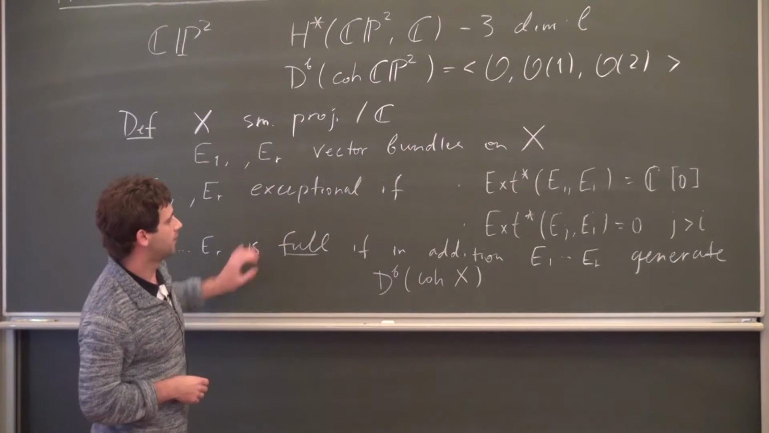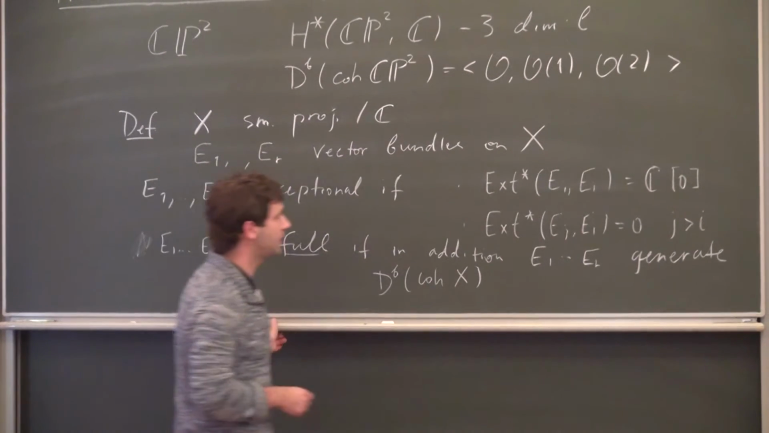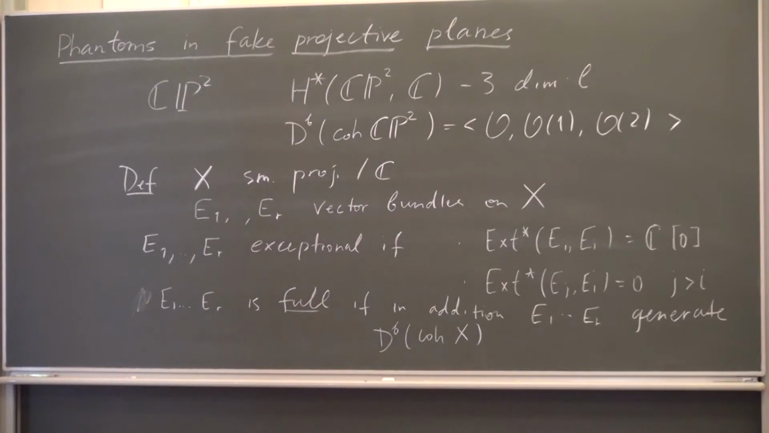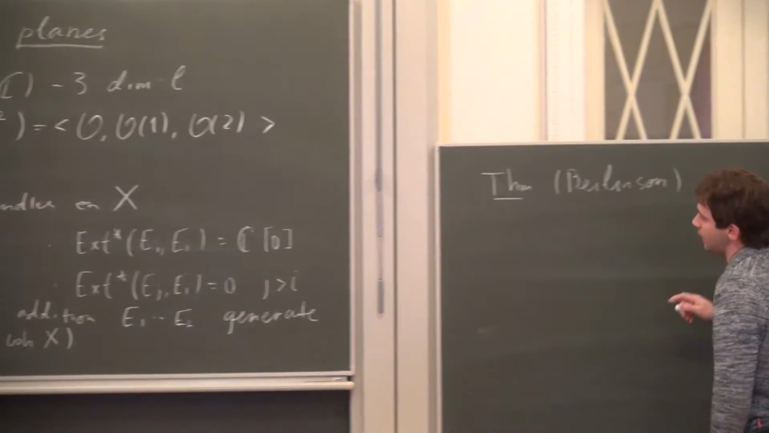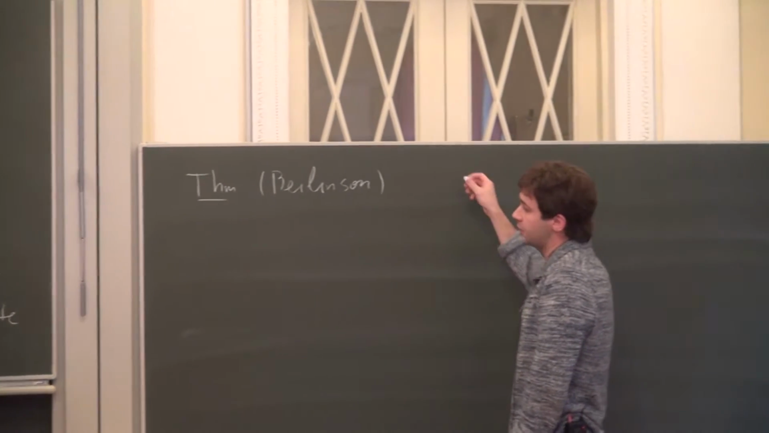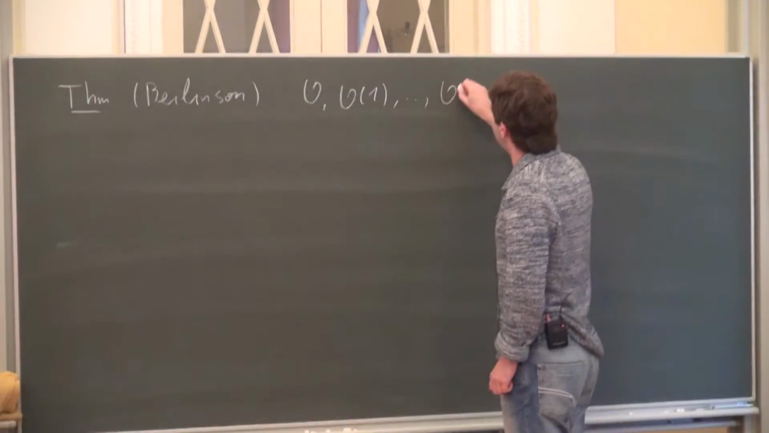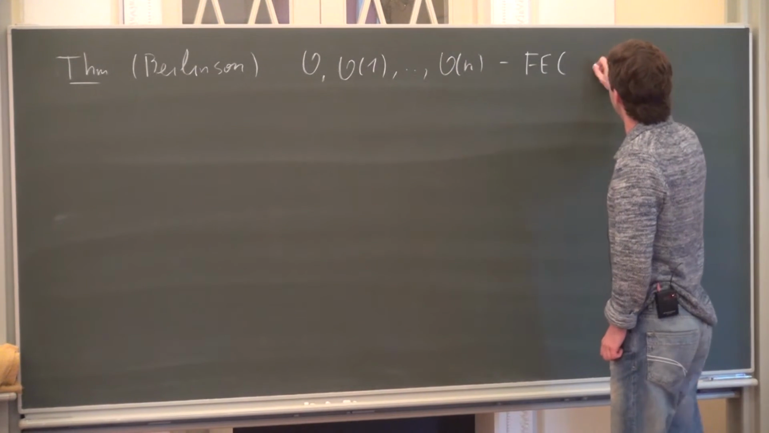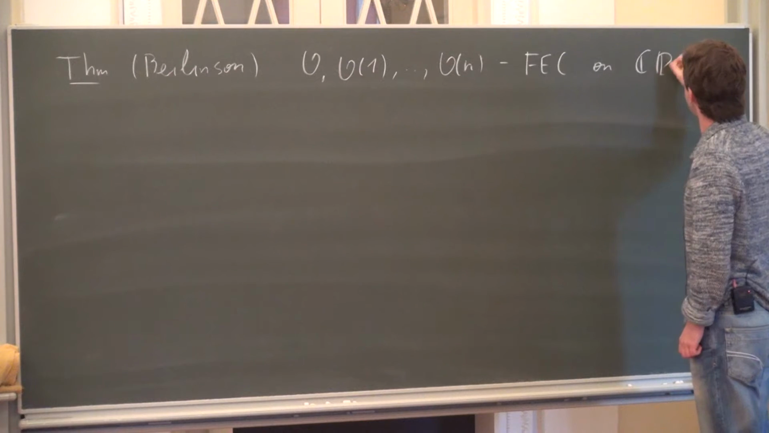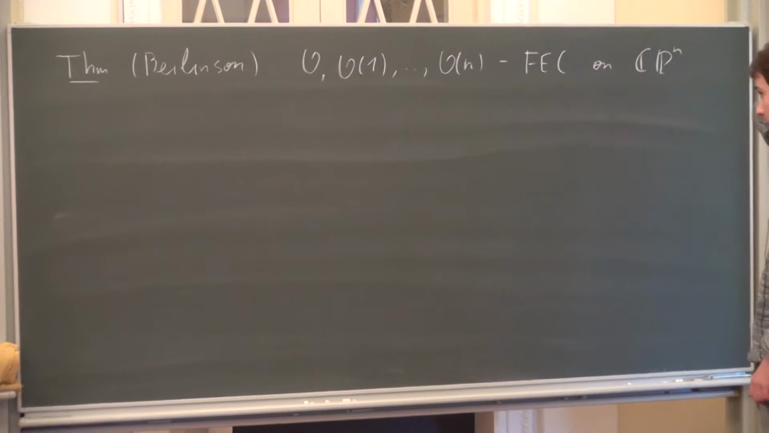Okay, so the first example of such a thing was given by Beilinson, for a projective space. So the theorem of Beilinson is that CPN has a full collection which is given like this: O, O(1), up to O(N) is a full exceptional collection on CPN. So let's think a little bit what this means. First,